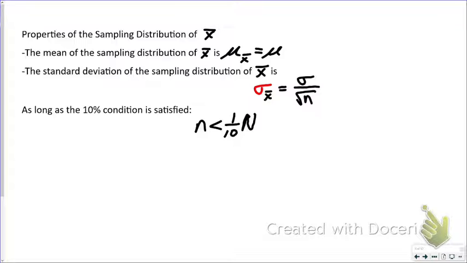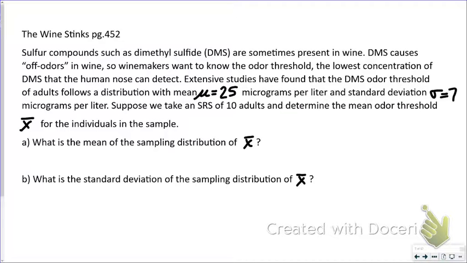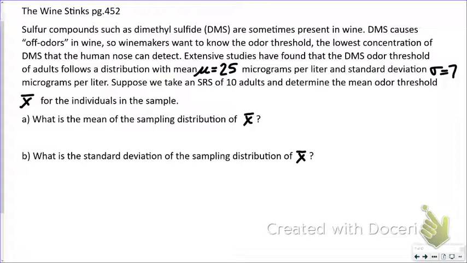All right, let's keep going. Let's talk about those first two properties and a real problem. So I guess wine potentially gives off odors because of this DMS thing. And they've studied over time that the true mean in micrograms per liter of DMS is 25, and the standard deviation is 7. These are population numbers right here. If I take a sample size of 10,